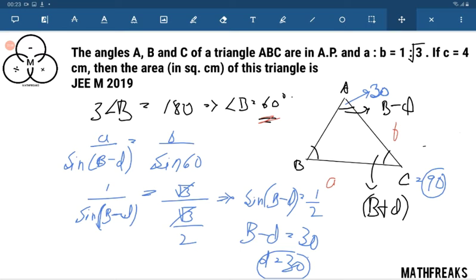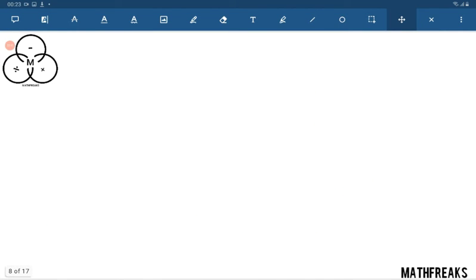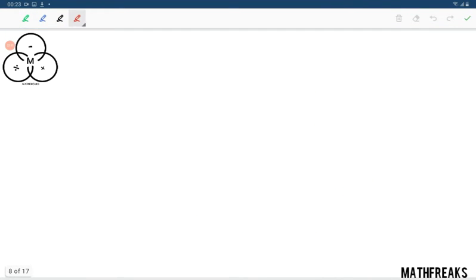The angles, we are clear with the angles. Now apply simply sine rule, you would get it. Simple sine rule: a over sine A equals b over sine B equals c over sine C, implies that